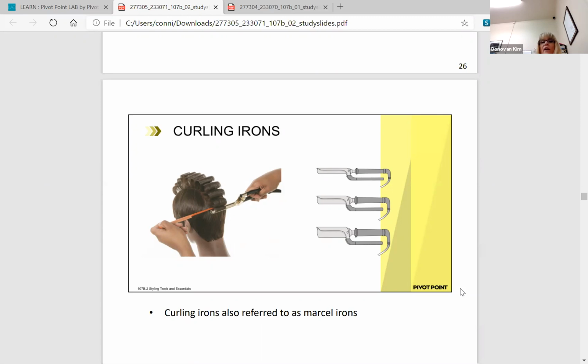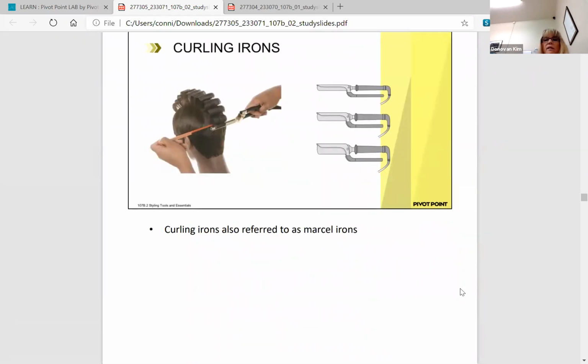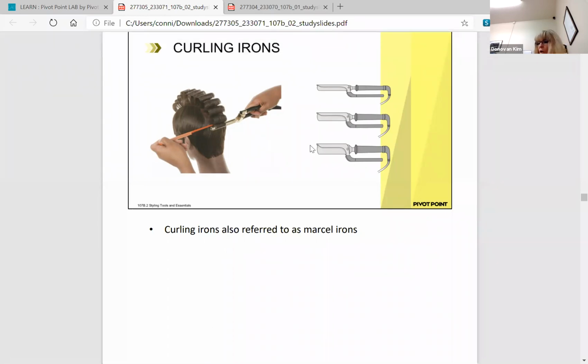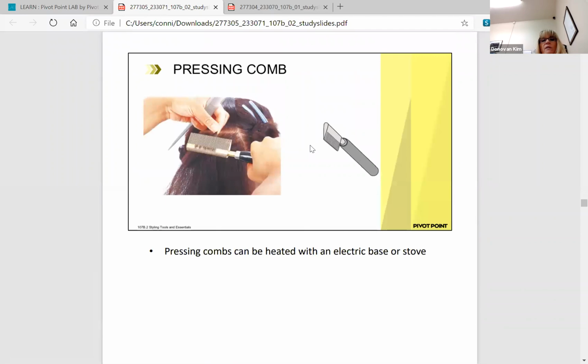The shell and the handle, which is like the barrel or the handle and the little clicker thing on the Marcel iron. This thing right here is known as your shell or your handle. This is known as your rod handle. This is your barrel, and then this is your groove shell. So there are parts to it. They're also referred to as Marcel irons, but when we go to use them,